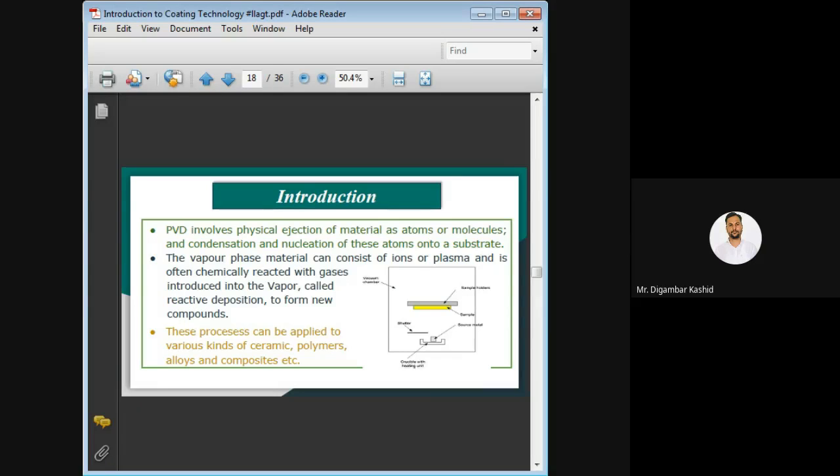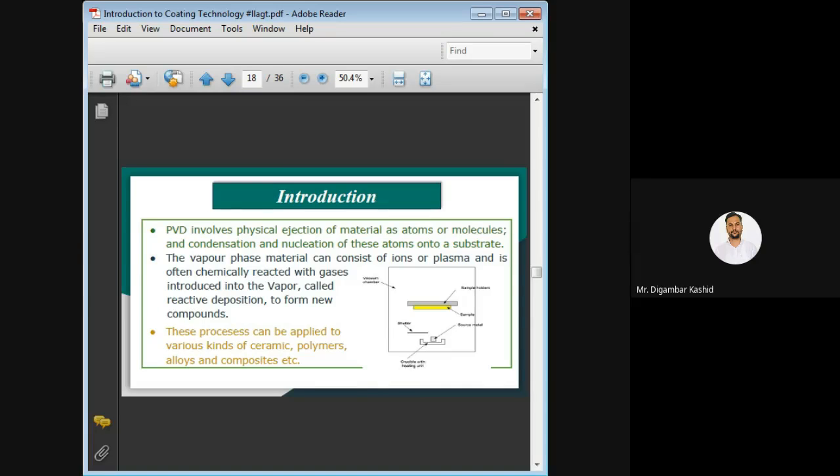So that base metal, or the source metal, we have to make into the vaporized form. Here we are keeping our metal, and then we are giving heat, or maybe some kind of electron beam, or laser beam, or some kind of